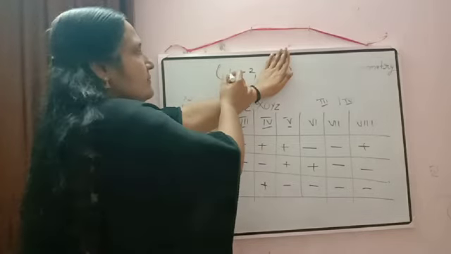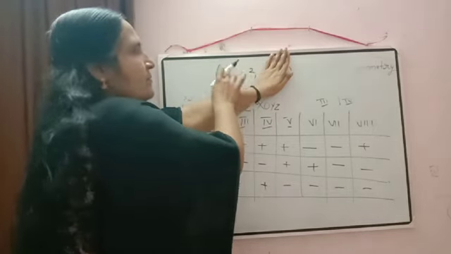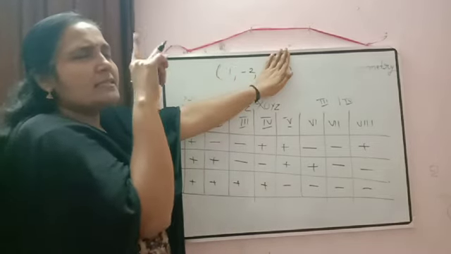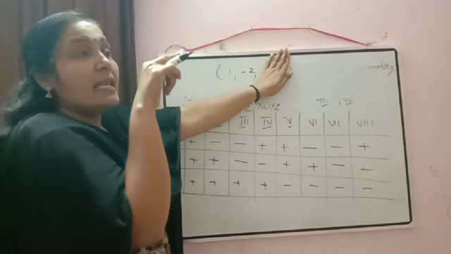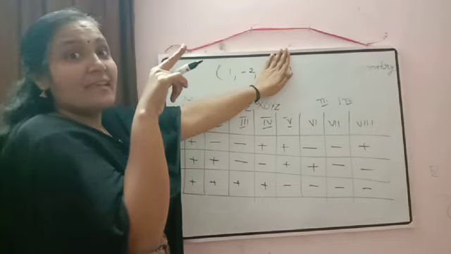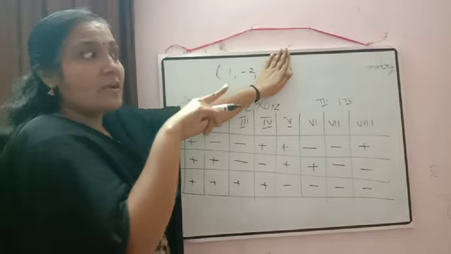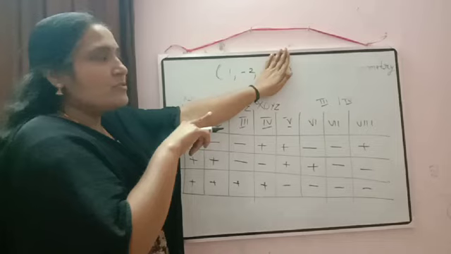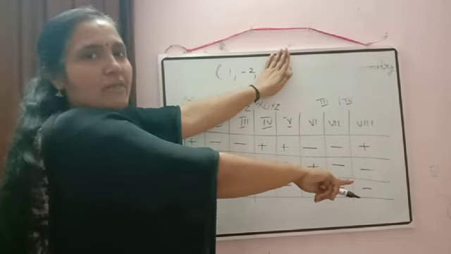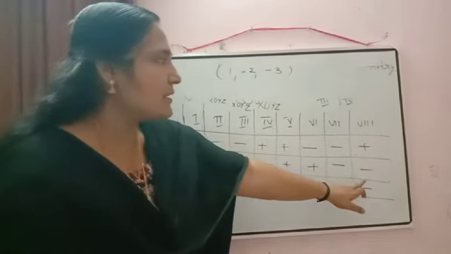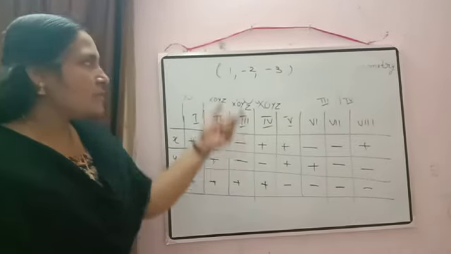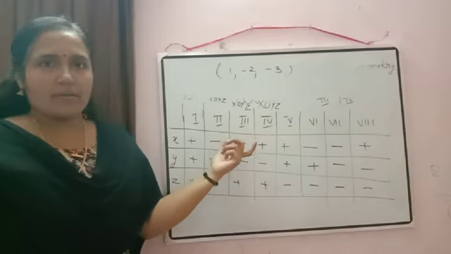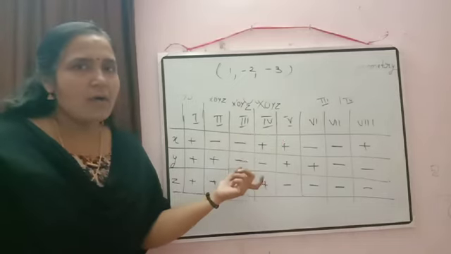Now just check this one: 1 and -2. X coordinate is positive and y coordinate is negative. In which one is it coming? The last one. Correct? In two-dimensional geometry, x coordinate positive and y coordinate negative is in the last one only. So it moves to our last octant, so this will be the 8th octant. In this way you can check the position of a point in different octants. Is this clear, how to do it?